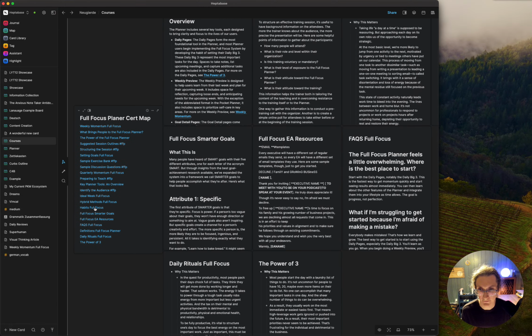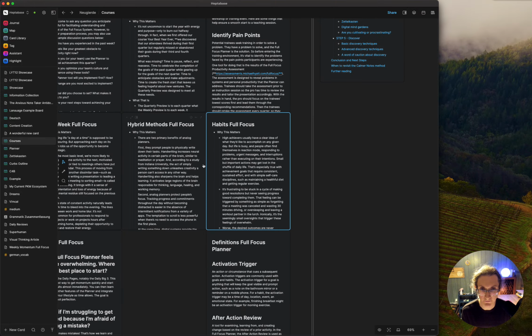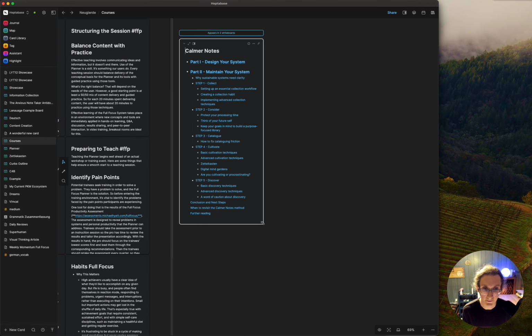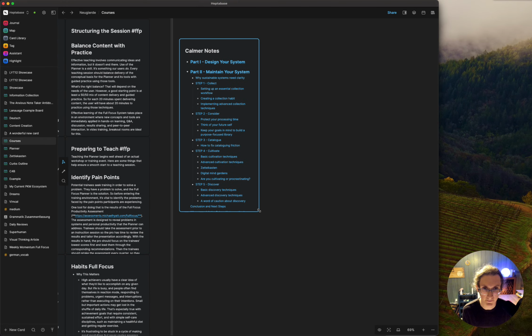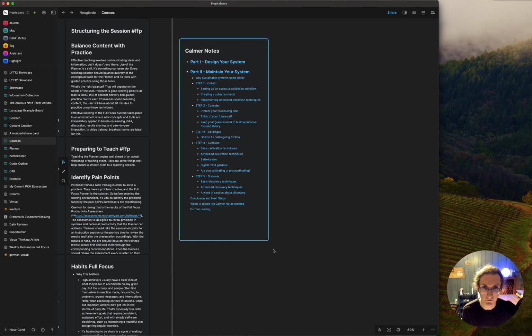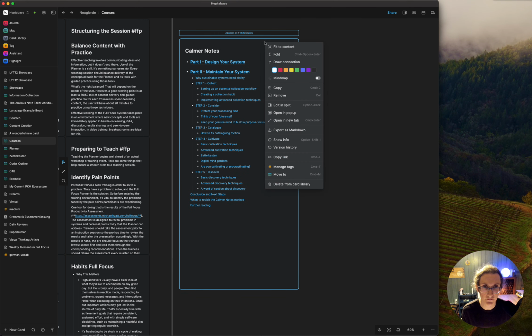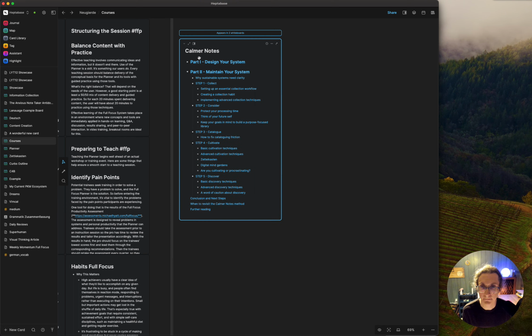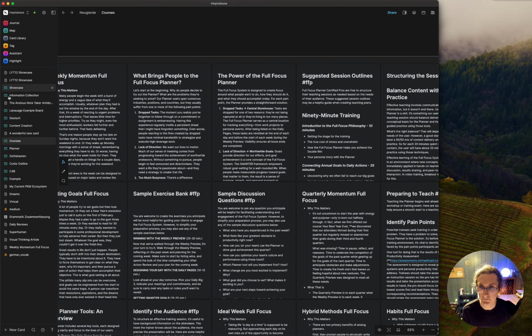And if I click on one here, it will take me to the note. And it is easy to manipulate the notes. Like you can make it smaller or bigger, and you can fit the content. And so yeah,